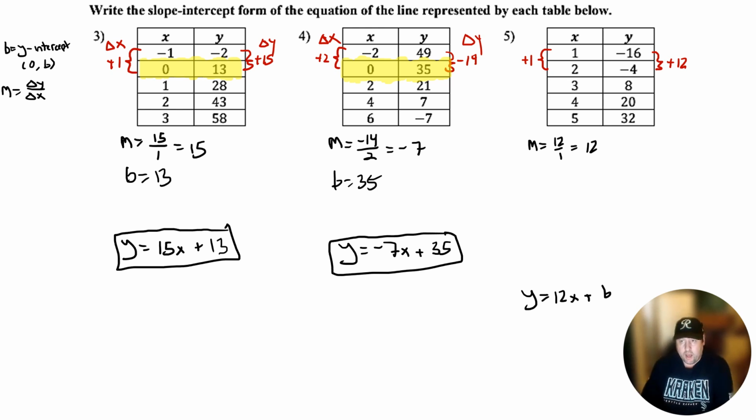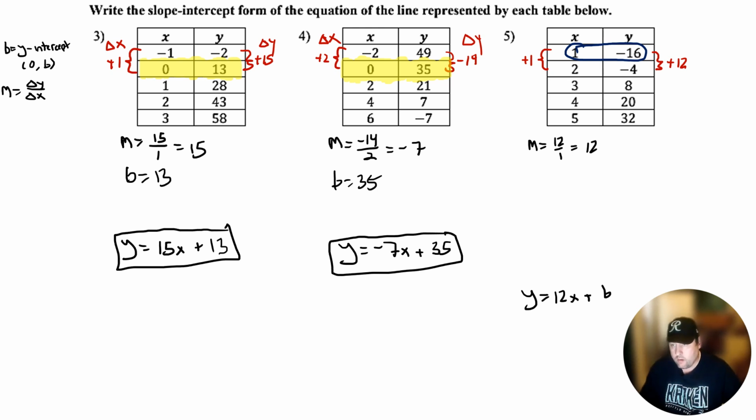But unlike the other tables, this doesn't have a 0. So we've actually talked about a technique of finding b if I know a slope at another point. A table turns out to be a bunch of different points. So I'm going to choose one, probably the first one. And we're going to plug in x is 1, y is negative 16 into what I have down here to